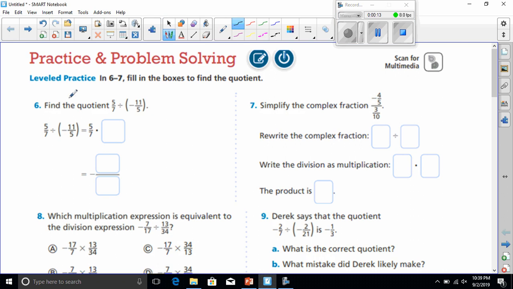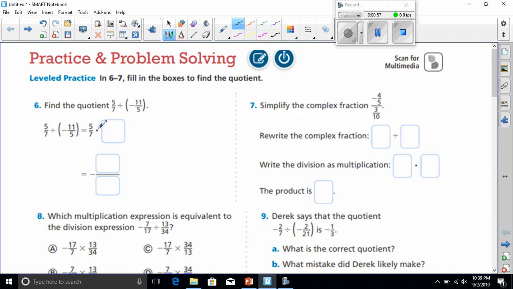So let's begin. Find the quotient for 5 over 7 divided by negative 11 over 5. That says to fill in the boxes to find the quotient. We can find the quotient by always remembering that the second fraction, when we're dividing, has to be turned upside down, and then we can multiply it to find our answer. So in this case, they're asking us 5 over 7 divided by negative 11 over 5 equals, well,